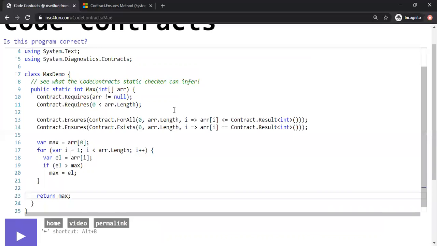Feel free to contact me if there are questions. To summarize, all we did in this session is basically let the tool infer the requires contract for us, and then we added the ensures contract using ForAll and Exists, right? This is coming straight from the definition of max, right? This is how max should behave. And here is the little Max, and we proved it for all possible input arrays. Doesn't matter how big the array is, how small the array is, this program will satisfy these two